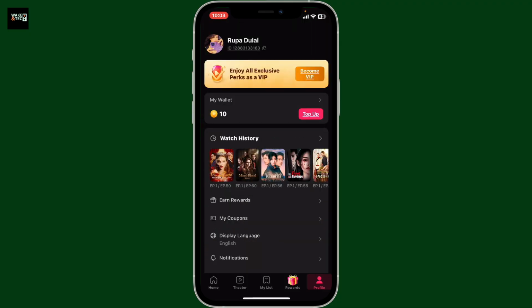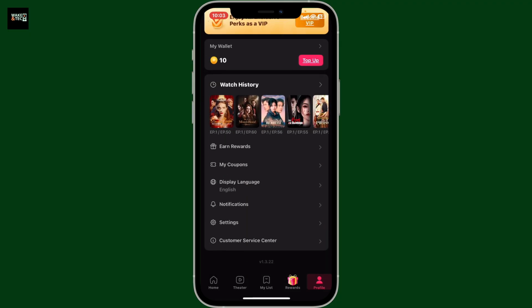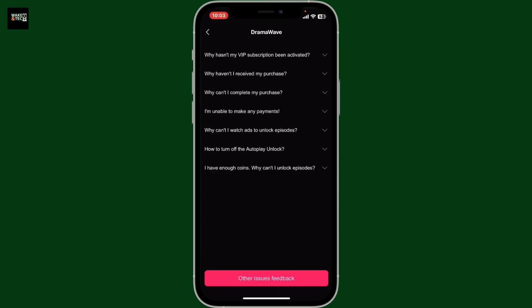Inside your profile section, go ahead and scroll all the way down and tap on Customer Service Center. There you will be able to see the FAQs, which might also help with your problem. Simply go ahead and expand an FAQ that is related to your problem and you will find the necessary solutions for it. If you want to directly contact them for other issues or feedback, tap on the Other Issues Feedbacks button at